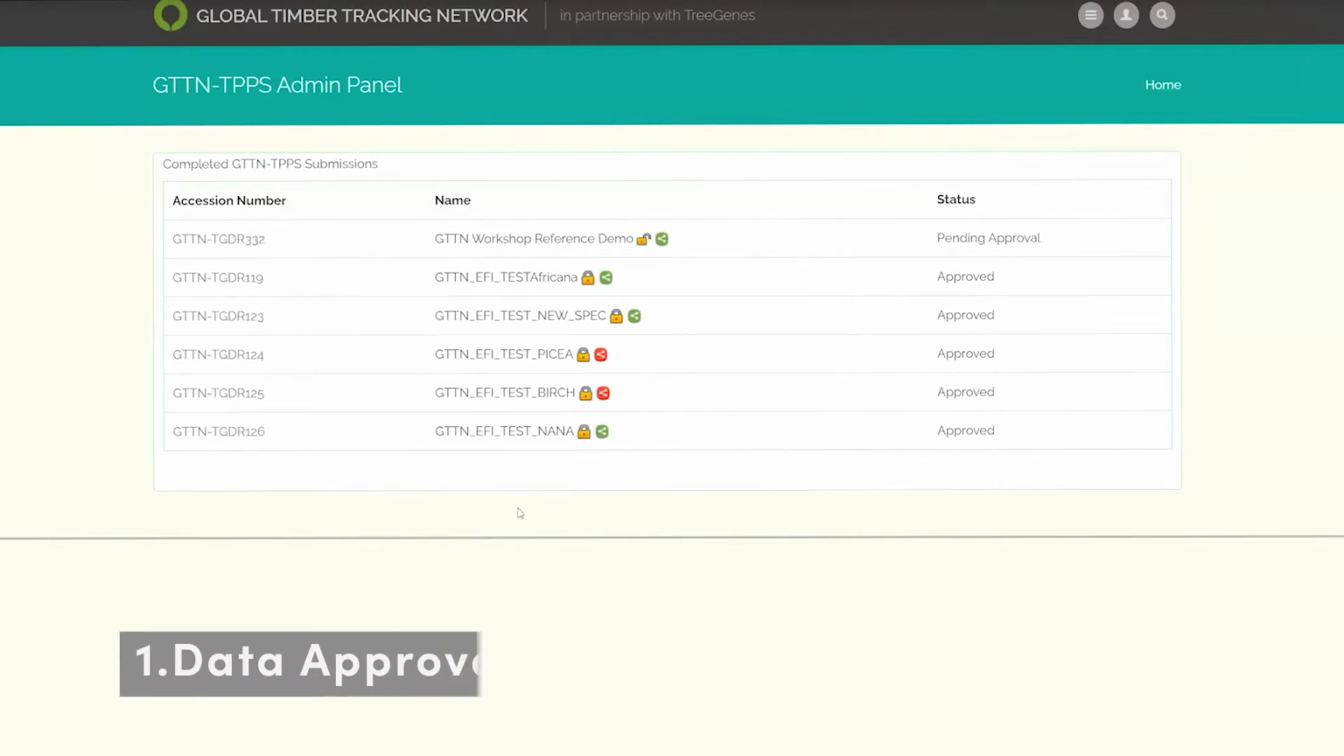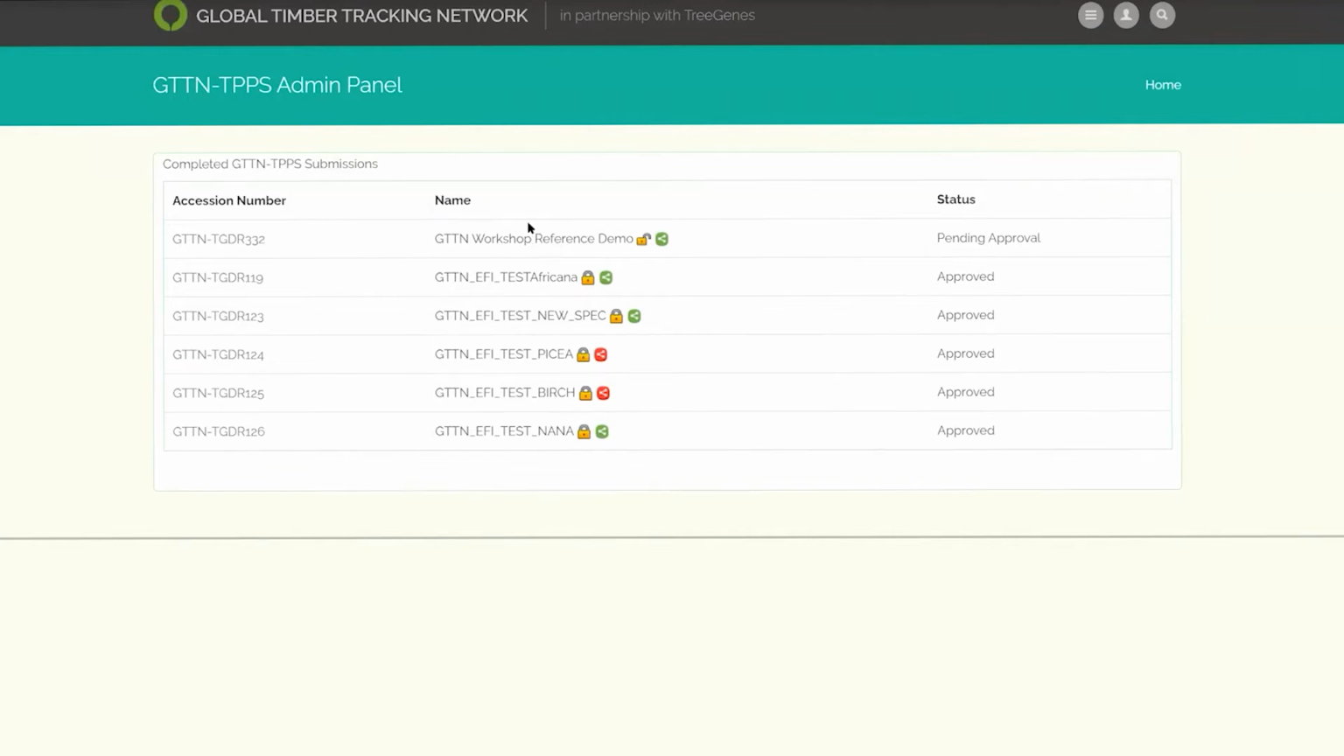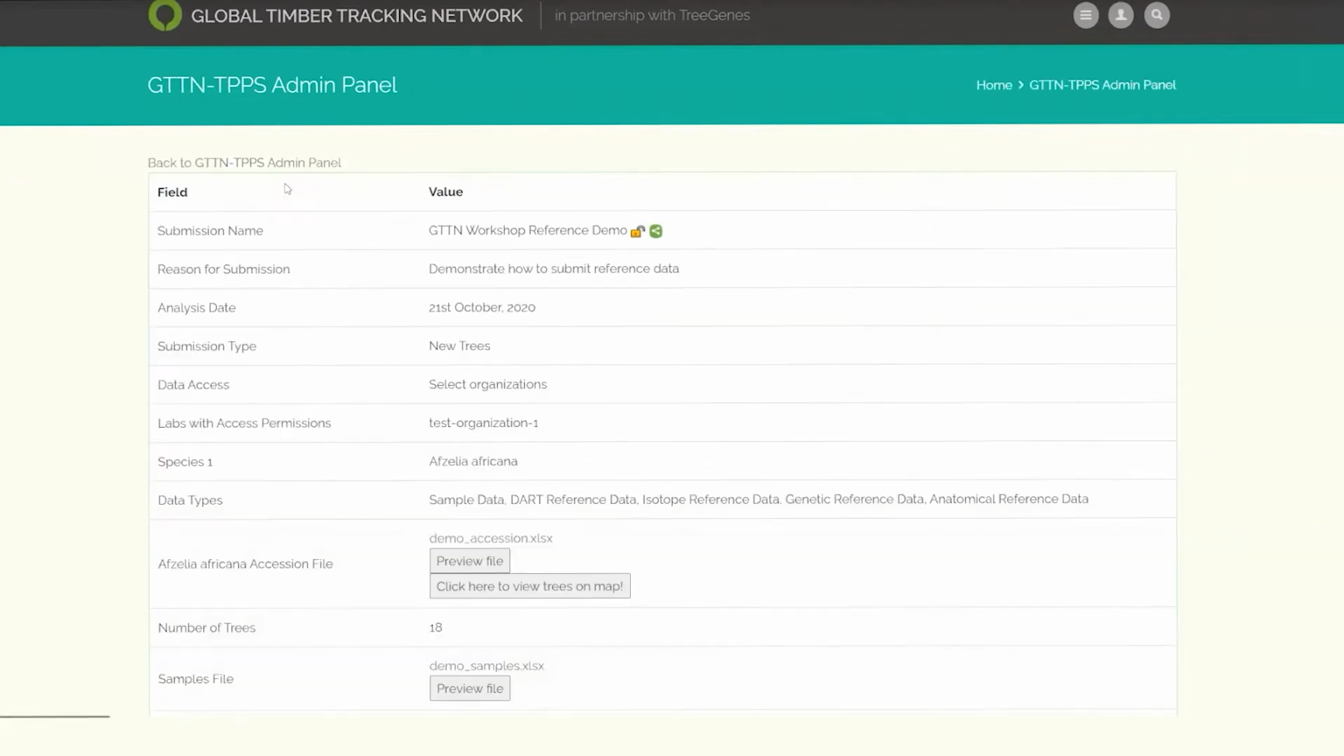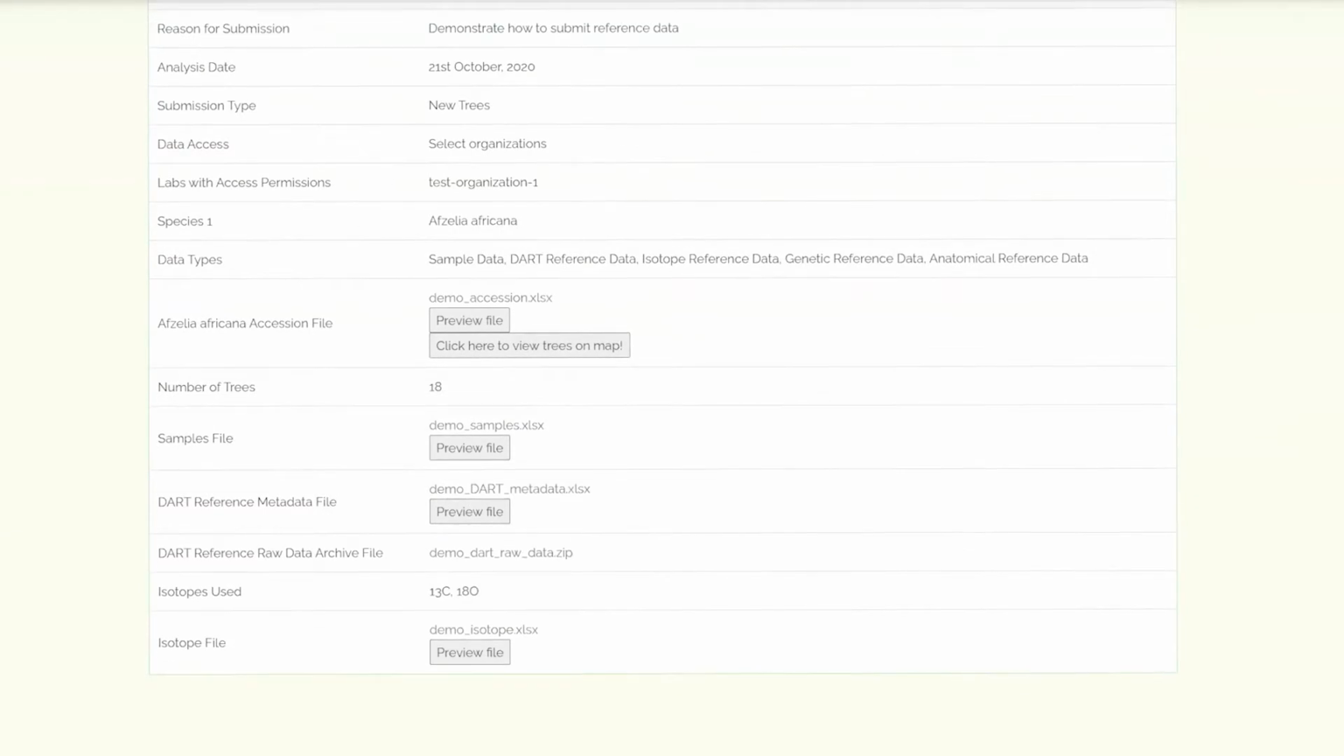So this is the primary contact approval panel. From here you can see submissions that have already been approved, as well as new submissions that are pending approval. So as you can see, my demo submission is pending approval. If I click on the accession number, I can see this same summary page that the user saw before,